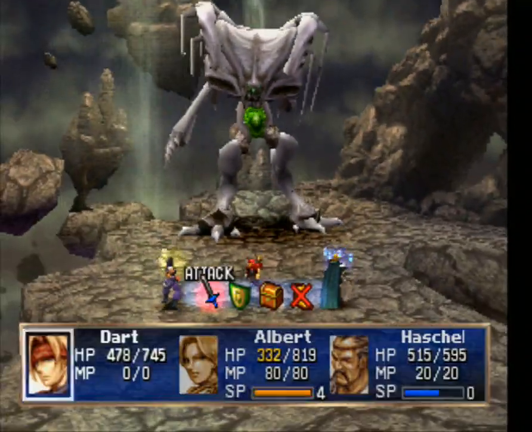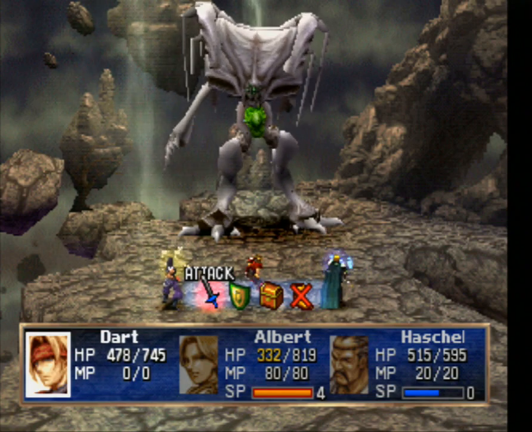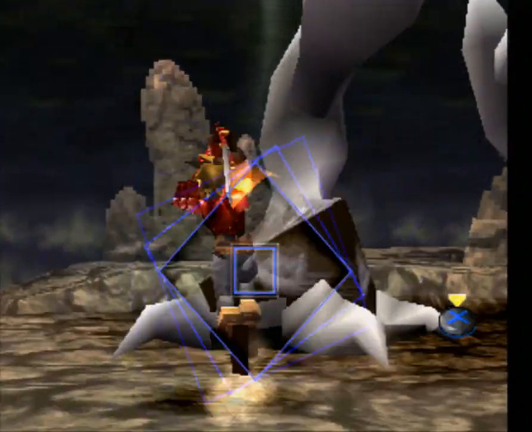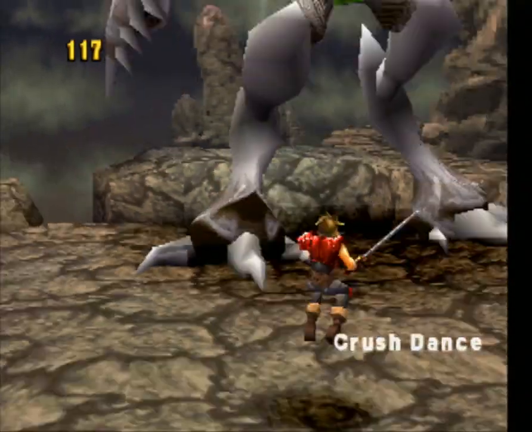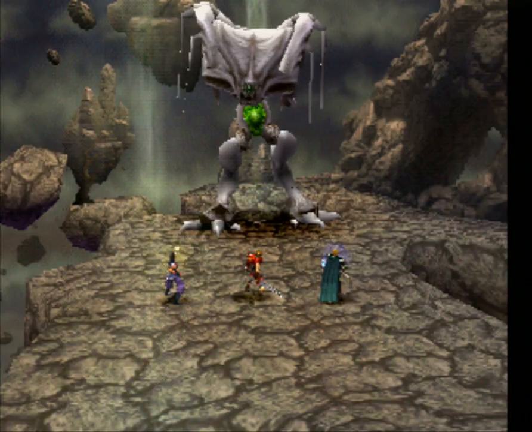Alright, so we'll have to see what happened. It looks like Albert got feared. This is kind of a time where you want to take a little bit of time to heal. Although I'm actually going to take out this arm with Dart first, because I don't want it to attack again. And like we've seen before, we'll have plenty of turns before the head gets to go again. The body also has not gone at all, so...